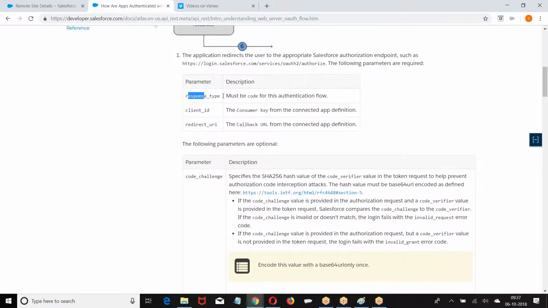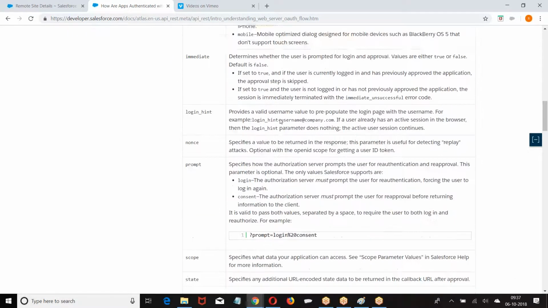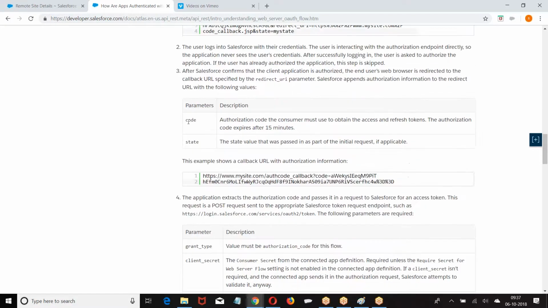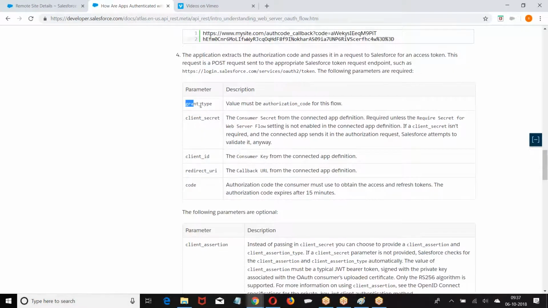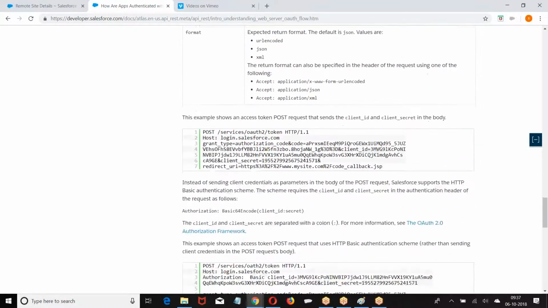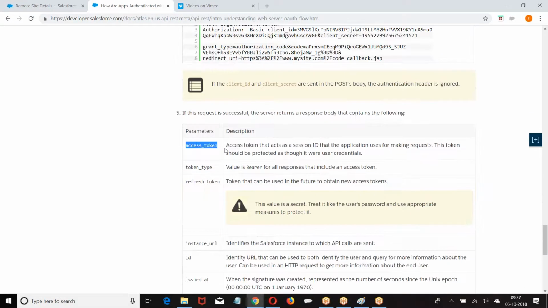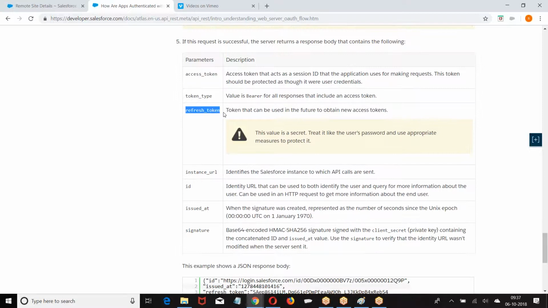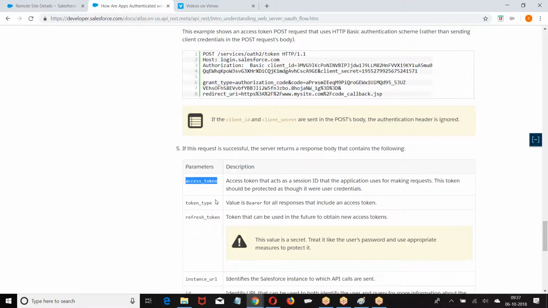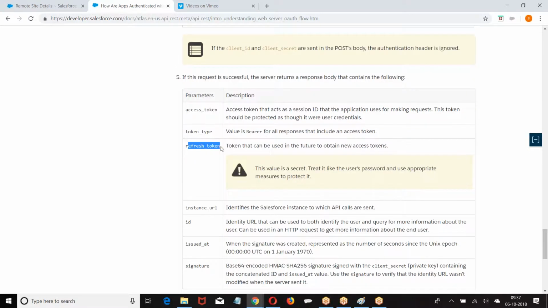Response type code, give the client ID, redirect URI, then they are going to give you the code. Once I get the code, grant type authorization, client ID, client secret, redirect URI, code. If I send this, we're going to get an access token and a refresh token.